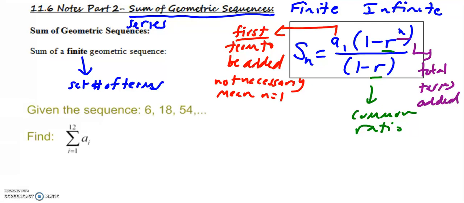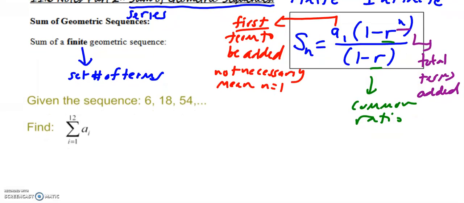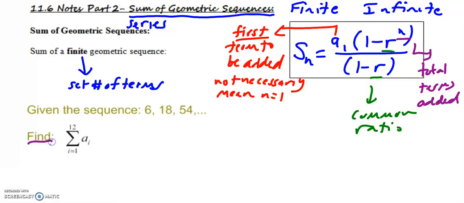So please make sure you have all that copied down. A sub 1 is the first term to be added, n represents the total terms you're adding, and r is still the common ratio. So to show you how to use this sum of the finite series, notice in this first example it is finite because you're going from 1 to 12, so it's definitely not infinite. And so if we're applying this idea that the sum is the output of the formula, I'm just going to recopy it down here,